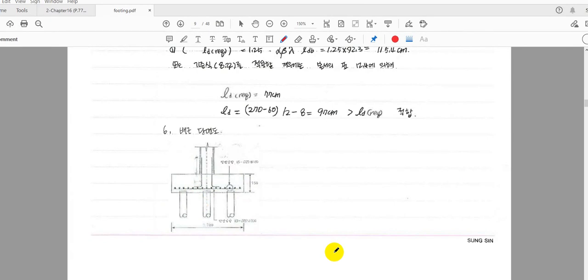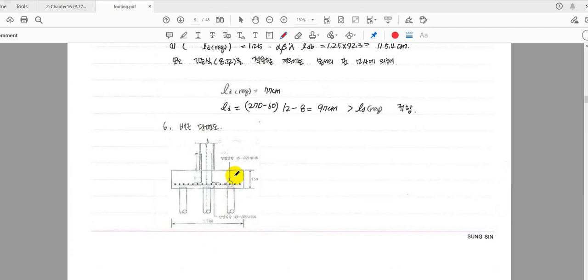That is why I want to go back to this deep foundation first and design not only the deep piles but also a pile